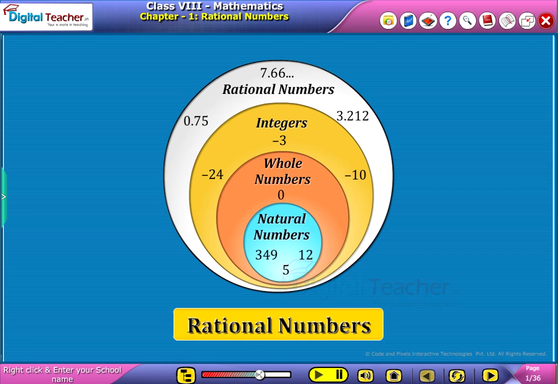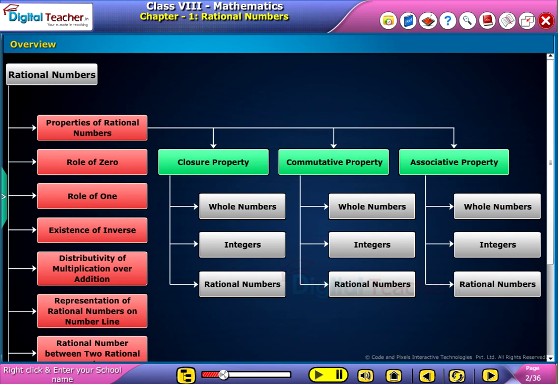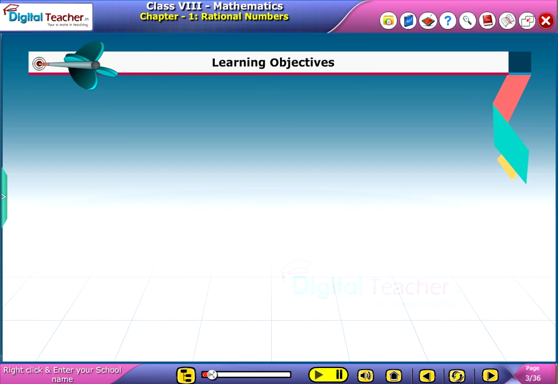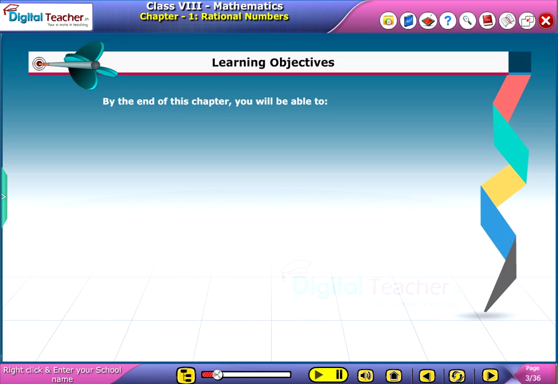Welcome to the chapter Rational Numbers. This slide presents the overview of the chapter. Learning objectives. By the end of this chapter, you will be able to